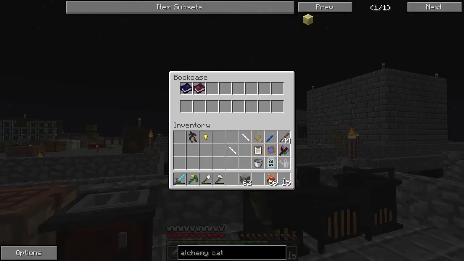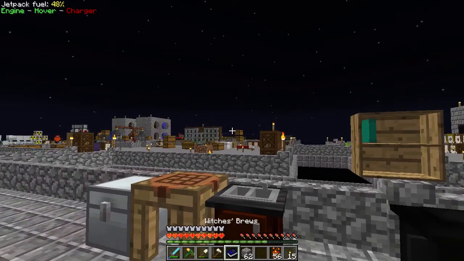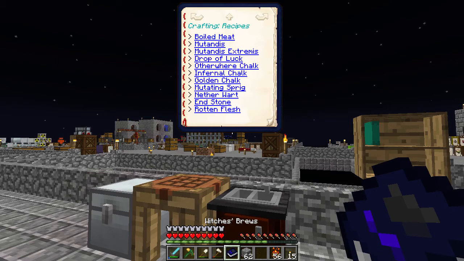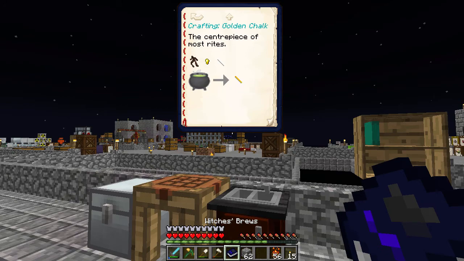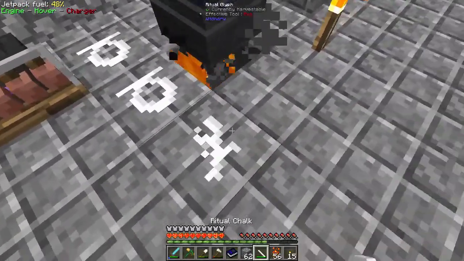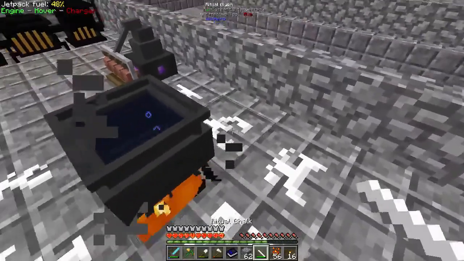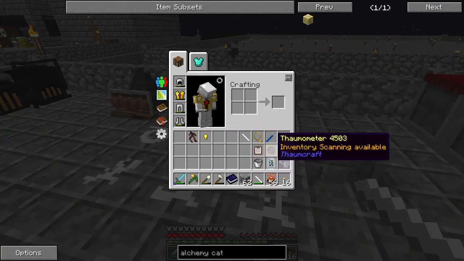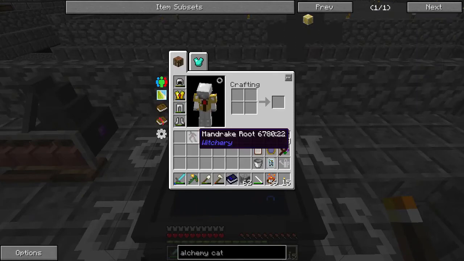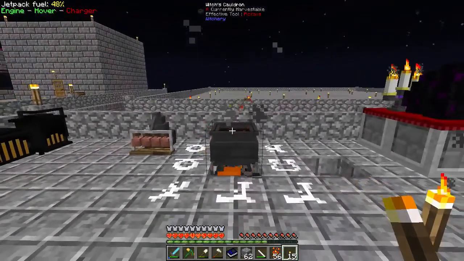How bad would it be to make... Do we have the Witch's Brew? Yes. So, this will tell us how much altar power it costs and all that kind of stuff. If we take a look at golden chalk, it doesn't look like it requires any altar power, but it might require a lot. So one thing we can do is mark this just around like so, and that'll reduce the cost, and it will do some other things for the altar. Let's go ahead and put a torch here. Or rather, the cauldron. So we just dump this, this, and this. Now if we see...